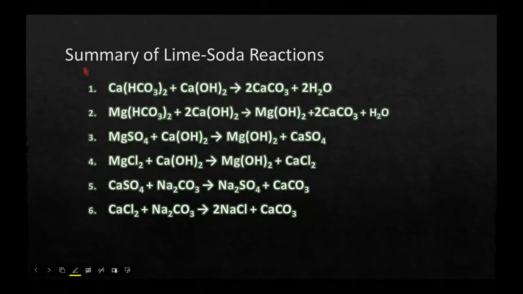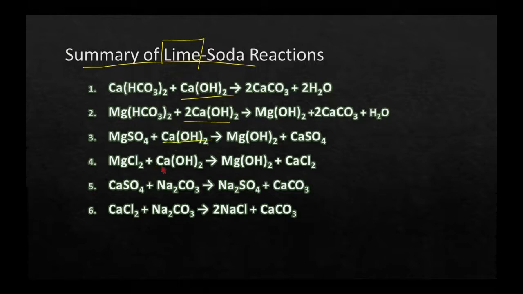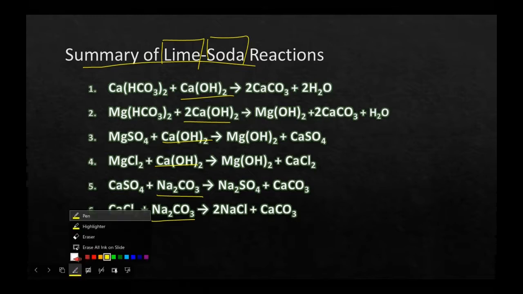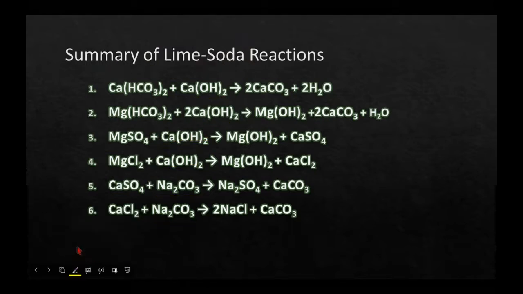And okay, so this is the summary of all the reactions that we looked at on Monday. First of all, we've got lime as one of the chemicals. That's calcium hydroxide, and you can see it appears in 4 of those 6 reactions. And then we've got soda, and soda is soda ash, Na2CO3. And so 2 of the reactions are fed with soda ash. So you need to know what are the 2 chemicals that are used in a lime soda reactor or lime